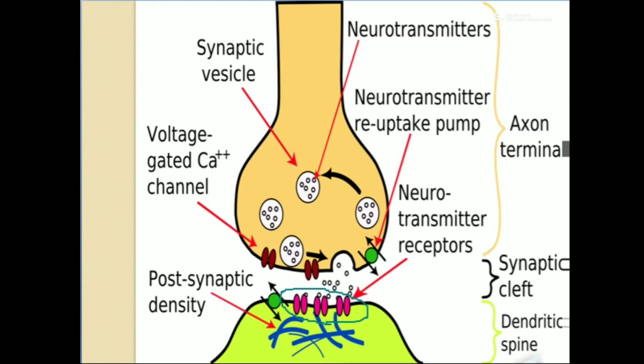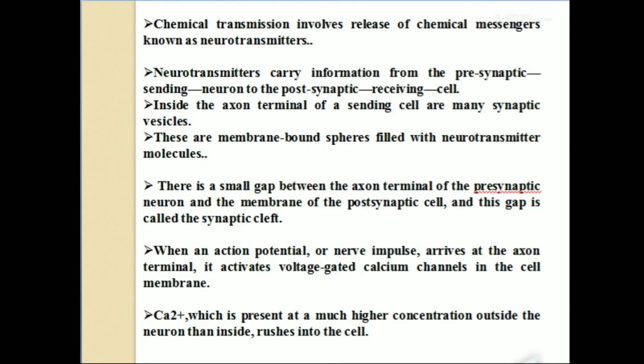Firstly we need to know what is neurotransmitter and what is the synaptic vesicle. Neurotransmitter is a chemical substance; when it is surrounded by a vesicle formed with the help of an enzyme, it is known as a synaptic vesicle. This is a membrane-bound sphere filled with neurotransmitter molecules. There is a small gap between the axon terminal